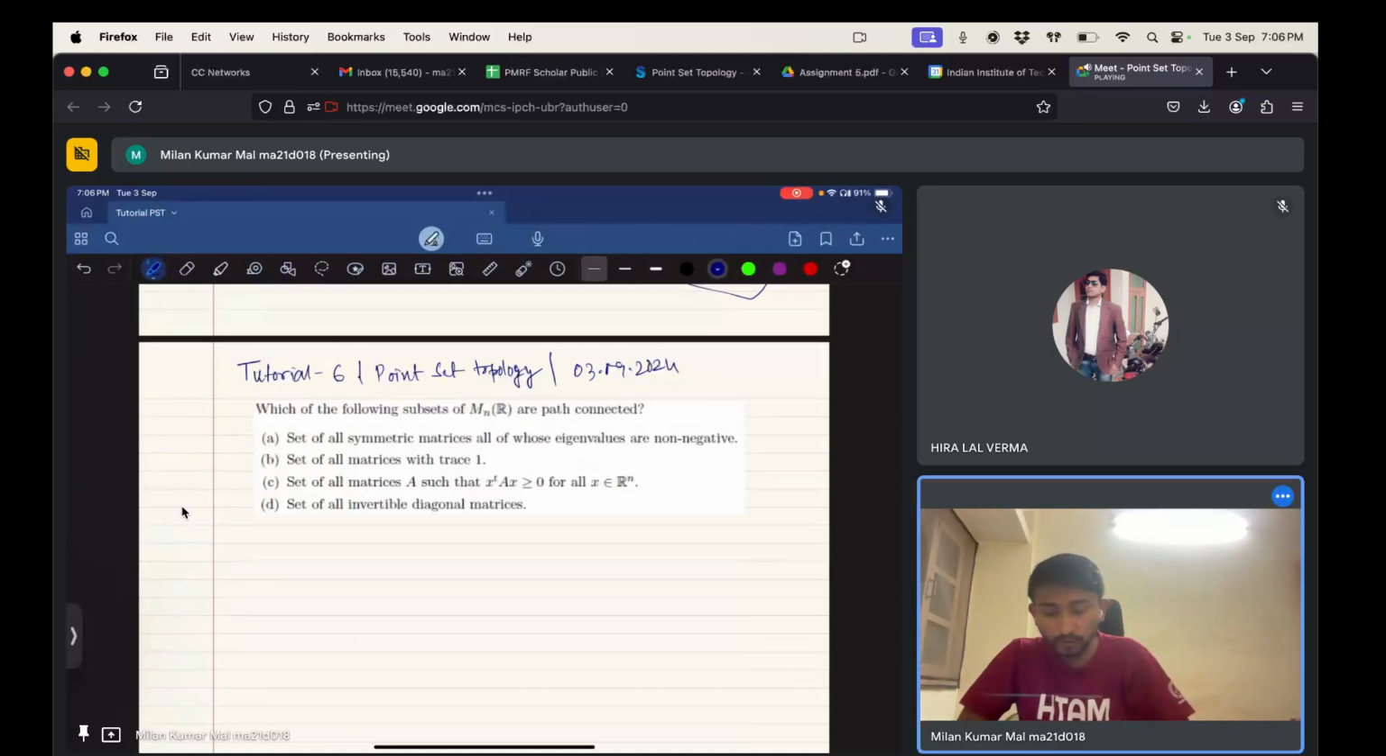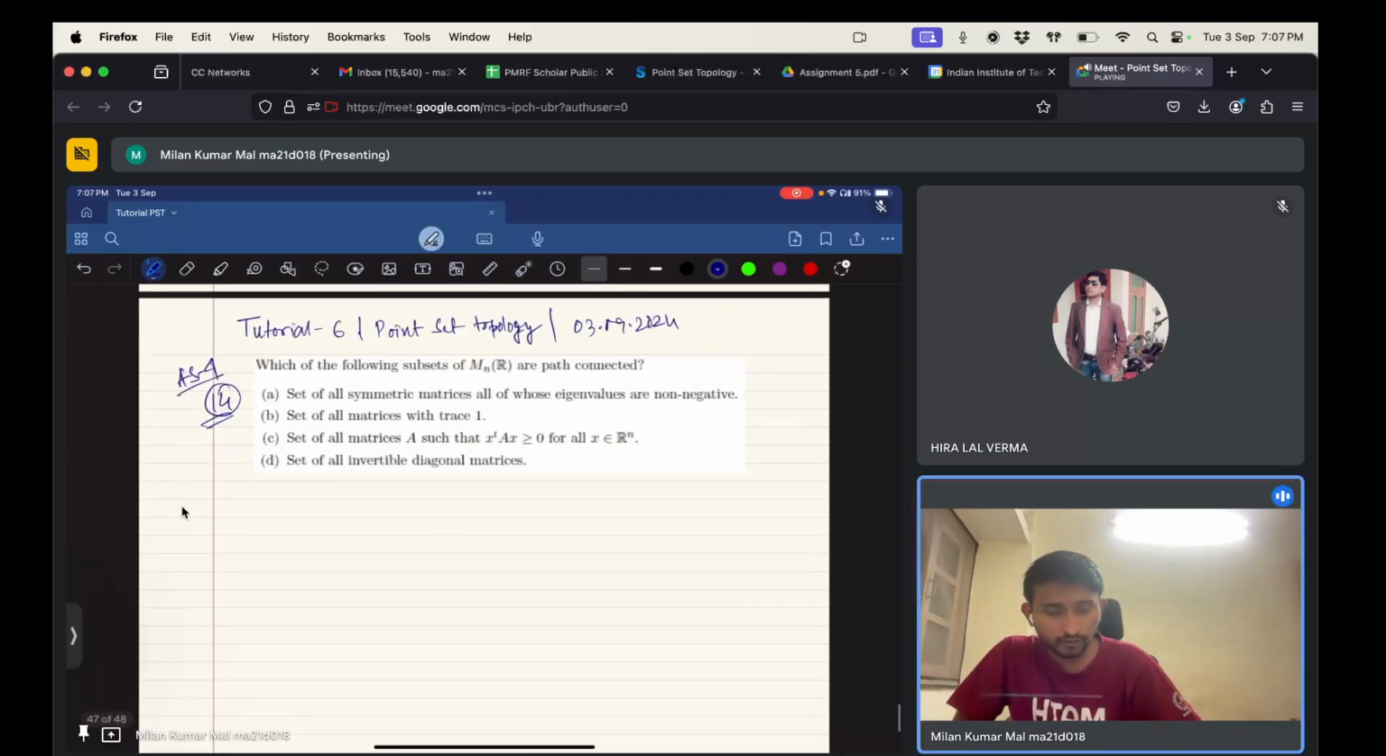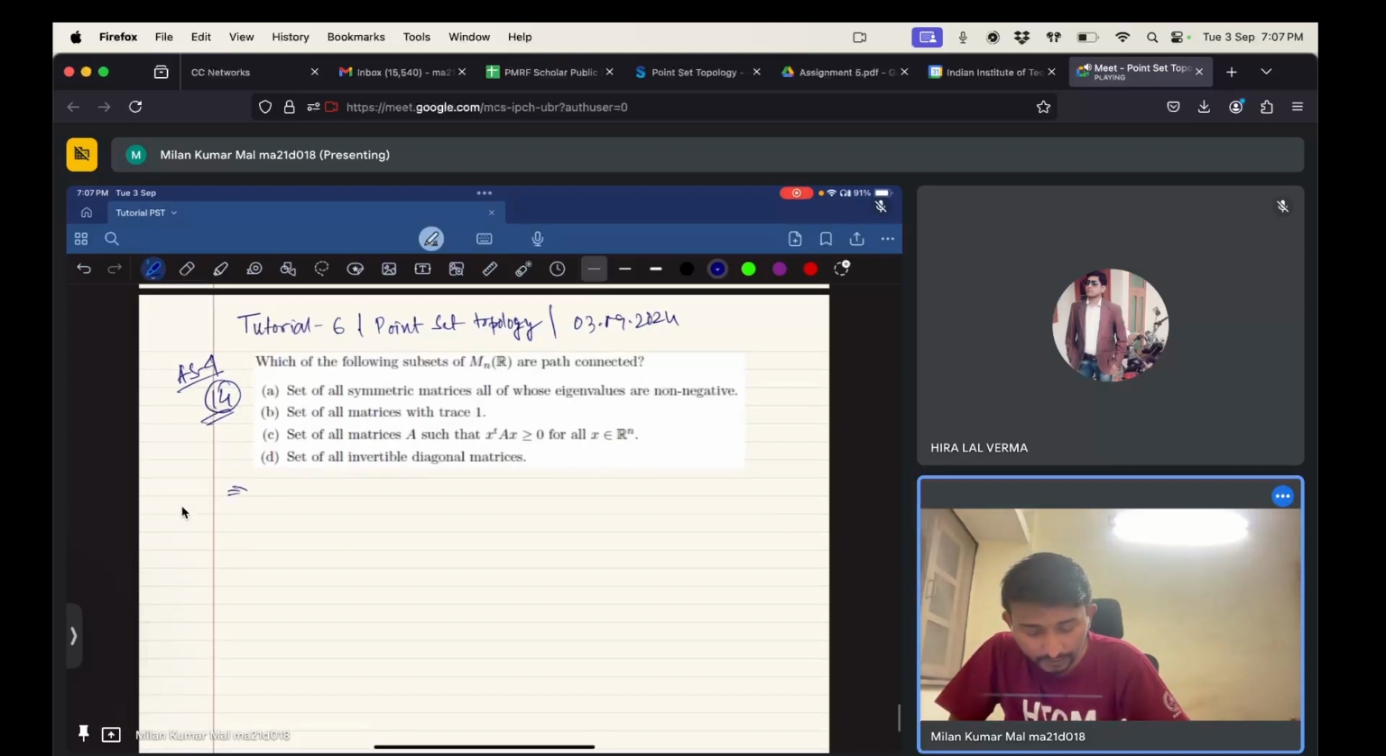Okay, so assignment 4, problem 14. What it says is: which of the following subsets of M_n(R) are path connected? We know a set is path connected if there exists a continuous function gamma from the closed interval [0, 1] to the set. Like, let (X, tau) be a